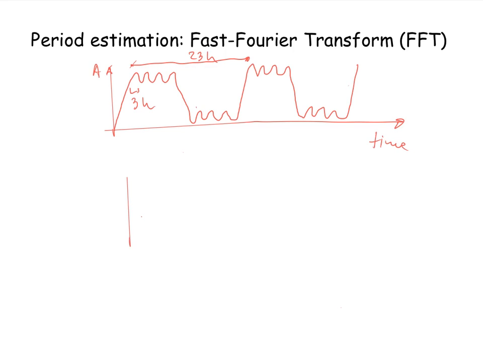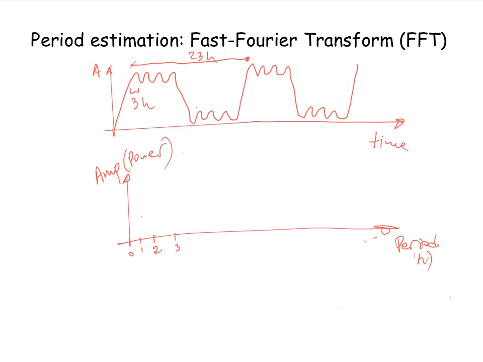So again, we have amplitude or power versus periods. And then basically what you will get here is, if this is 0, 1, 2, 3 hours, right? And you get up to 25 here,